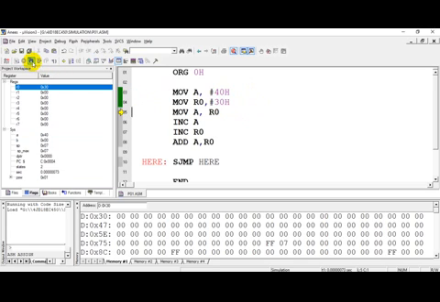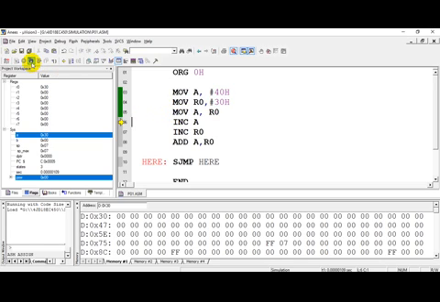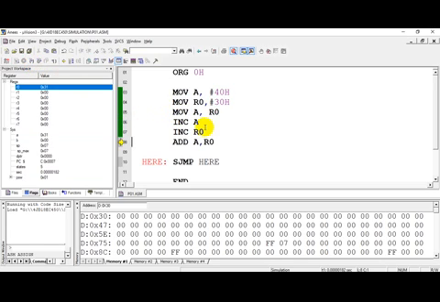If I execute again, you can see the second instruction has been executed, and now the program counter is pointing to the third instruction. So this way of execution, where each instruction is executed one by one, we call sequential flow of execution. Fine. So almost all the codes are sequential in nature, unless